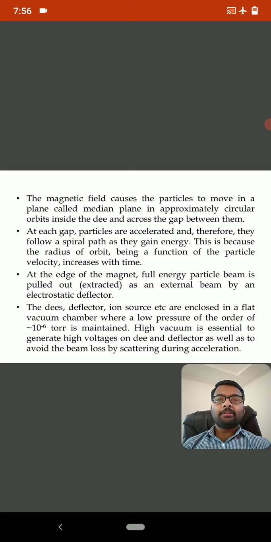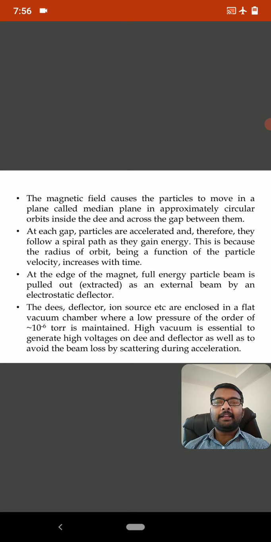This is because the radius of orbit is a function of the particle velocity, which increases with time. So velocity increases; we can say that the particles are accelerated. Because of the increment in velocity, the energy also increases. So at the edge of the magnet, the full energy particle beam is pulled out or extracted as an external beam